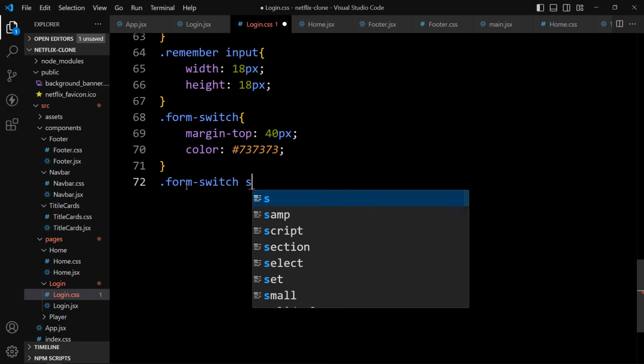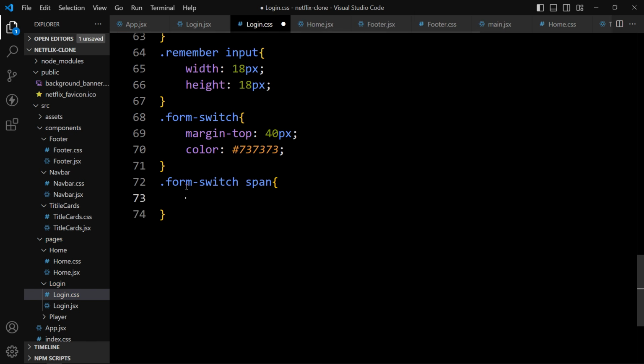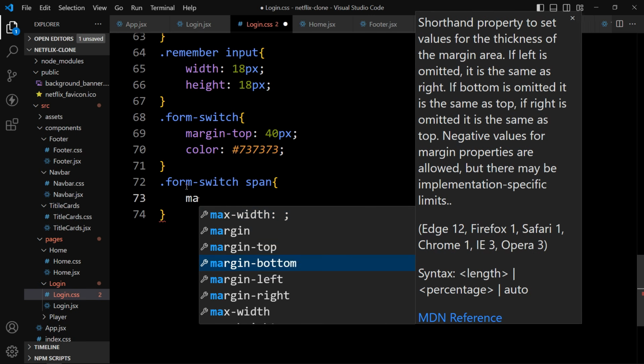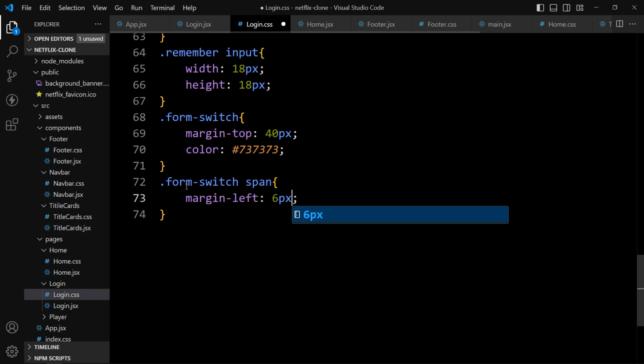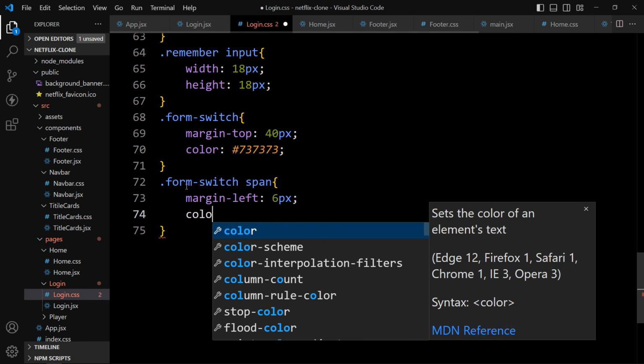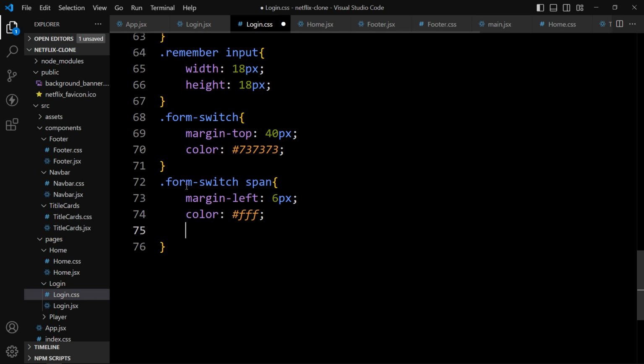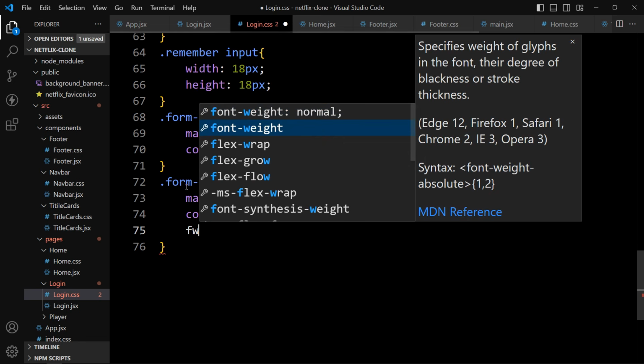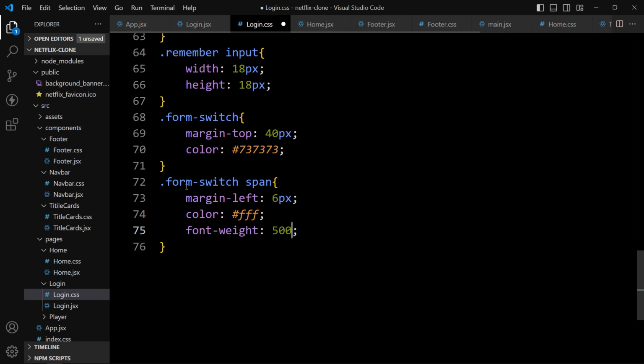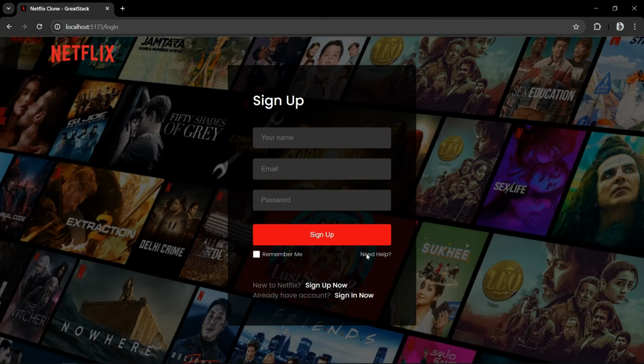So we will add the span tag, and in this span we will add the margin from the left side 6 pixel, then we will change the color, it is white, then we'll add the font weight of 500, and we'll add the cursor pointer. Save the changes, open the web page. So you can see this is the text new to Netflix, and here we have the sign up now in bold font, and it is in the white color.